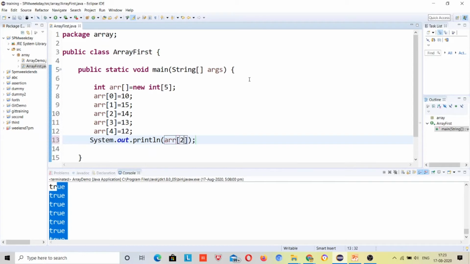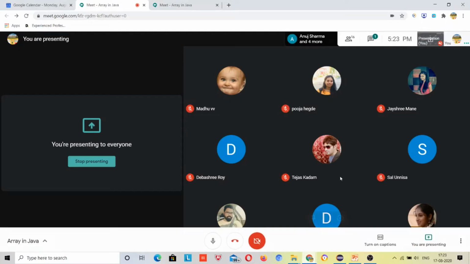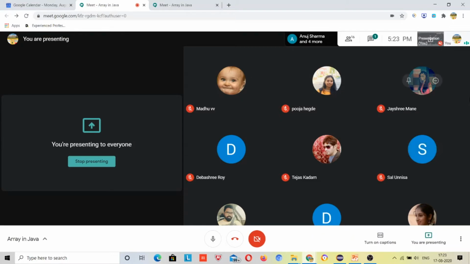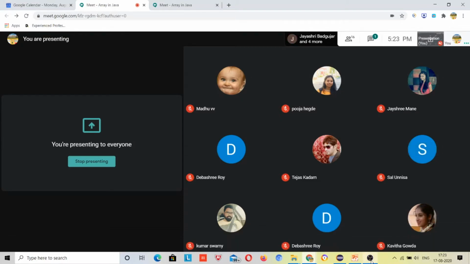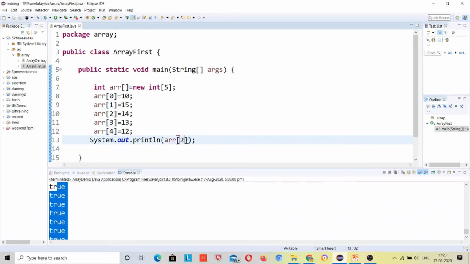arr2. I want to ask Jayashree what will be the output for this. 14, right? Okay, so everybody got an idea. Now I'll do this using a loop.